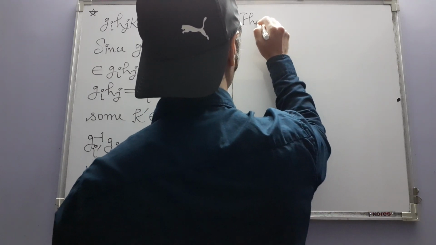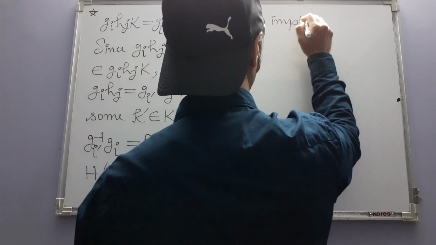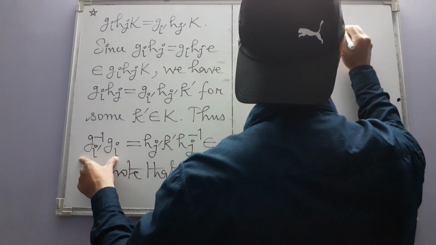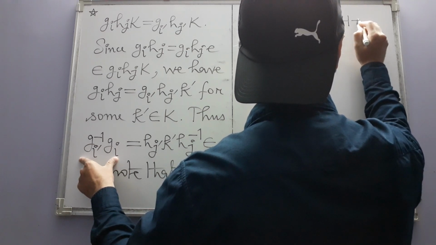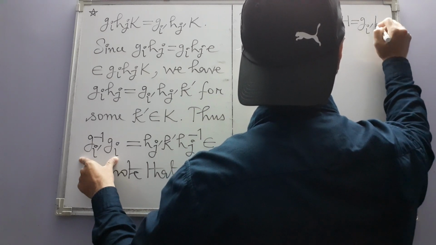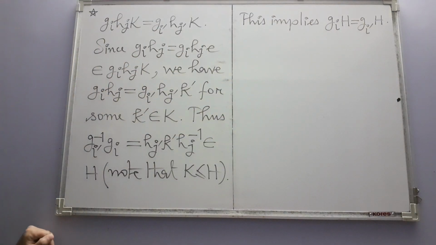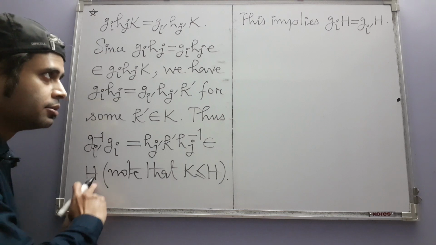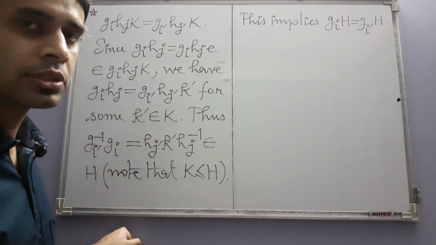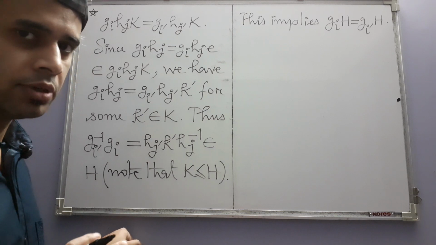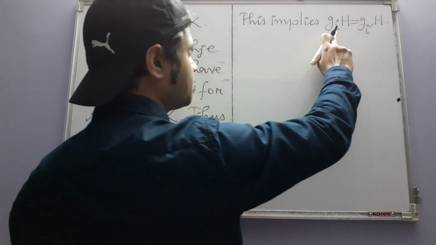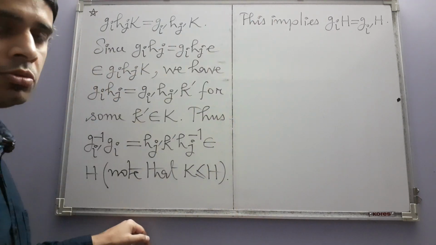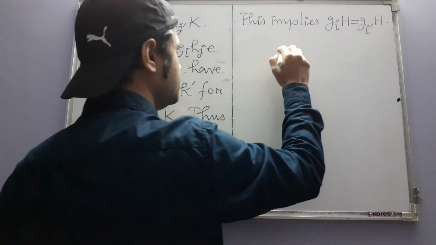This implies that GIH is equal to Gi prime H. How this element belonging to this subgroup H implies that these two left cosets are equal, this part I am leaving to you. It's not very difficult. You just have to prove that, that means this is given to you. You have to prove that those two left cosets are equal, which you can prove by